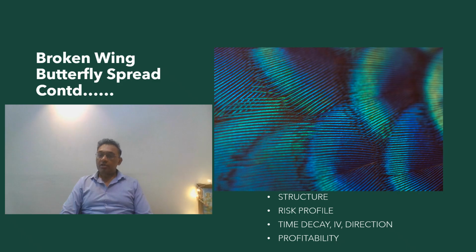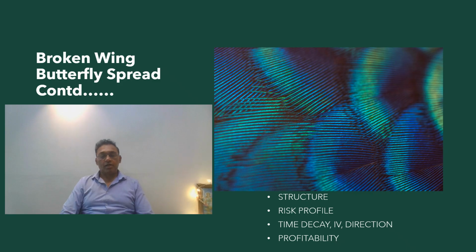Finally, the direction, we want the underlying to move in our intended direction. So basically upwards in case of a call option that we buy and downwards in case of a put option that we buy. But we do not want it to cross the short strike prices that we have entered into because we're selling two short options and we start losing money as soon as the underlying crosses the short strike price.